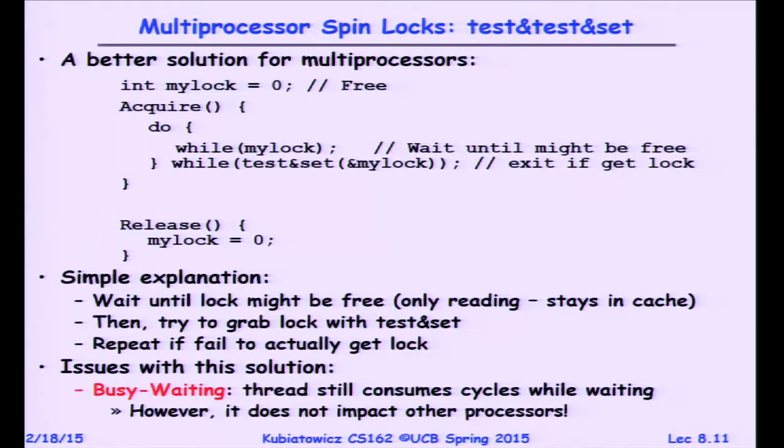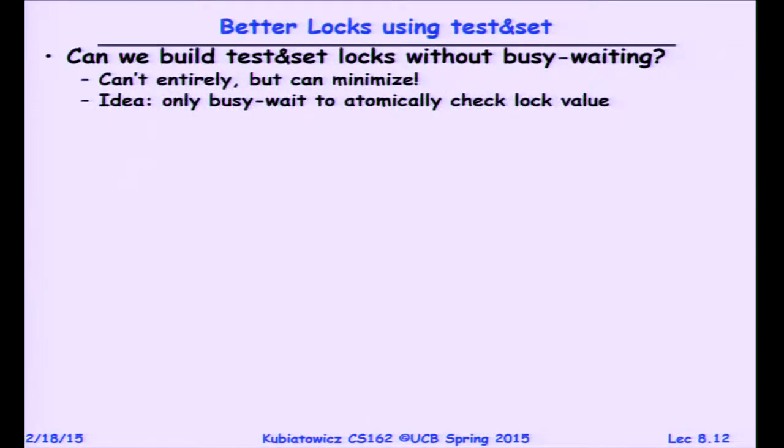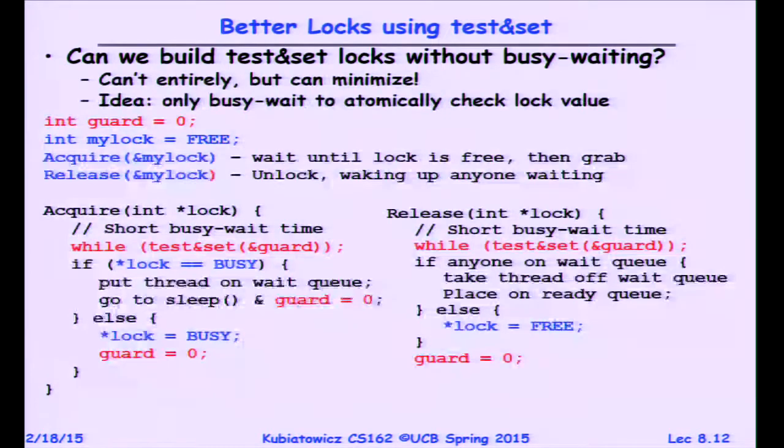Okay, good. Now, can we build locks with test and set without busy waiting? Sure, we can do the same kind of thing we did before. And by the way, I'm going to assume you can put test and set in here if you want, because it's essentially the same thing. But we can do this, where essentially we say acquire takes a lock variable, and we sort of say this. We do while test and set on a guard variable. Then we do if lock busy, put it on the sleep queue and turn the guard to 0. Otherwise set